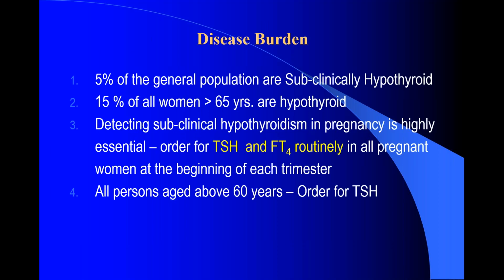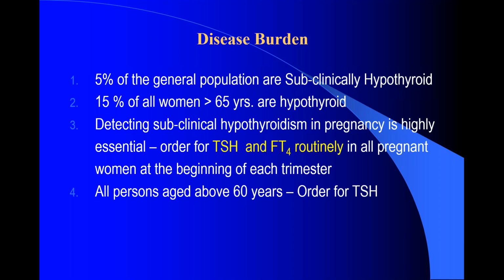5% of the general population suffer from subclinical hypothyroidism. Subclinical hypothyroidism, as I have told you, is when TSH is raised but T3 and T4 are normal. So there are no signs of thyroid suppression, but TSH is raised. You can be asked a short note on subclinical hypothyroidism. Then 15% of all women more than 65 years are hypothyroid, and detecting subclinical hypothyroidism in pregnancy is very essential,